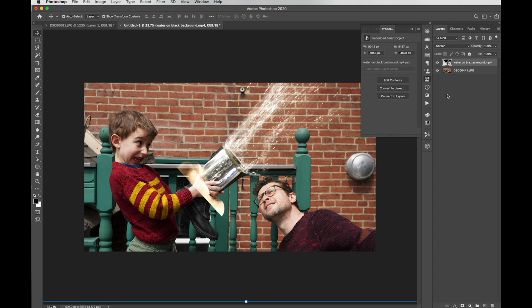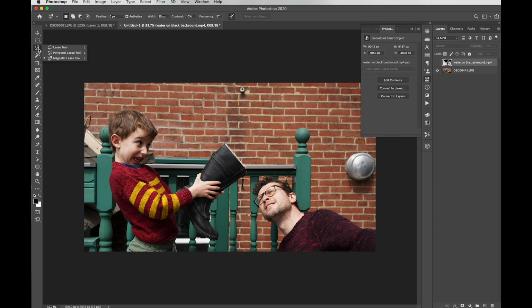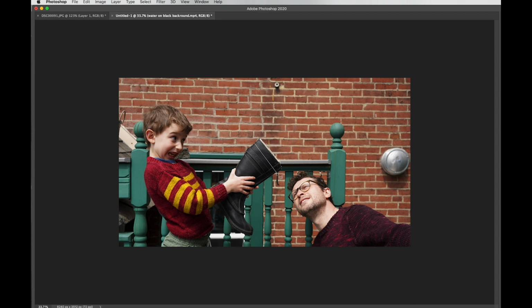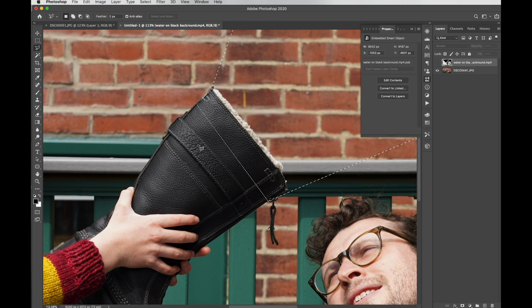That locks into place. Now to create a mask for this video, I'm actually going to hide it for a moment. And I am going to take the simple polygon tool. So I'll just grab way into the boot here, sort of set up a stream for the water to come out. So obviously this is a little sloppy. So I can fine-tune that by zooming in, switching to the magnetic lasso tool, which will help me trace the line. And now before making the selection, I'll hit Option, which turns it into a subtractive selection. And I'll start by